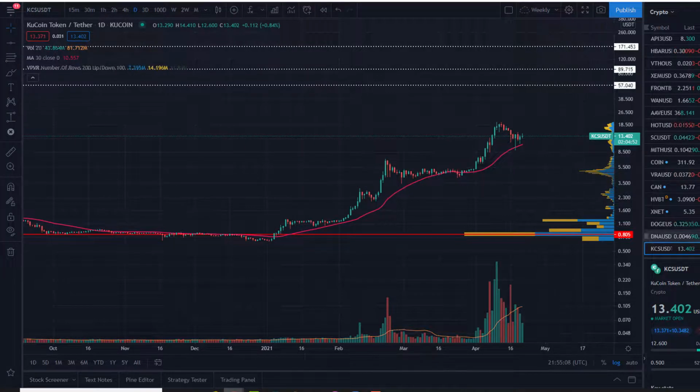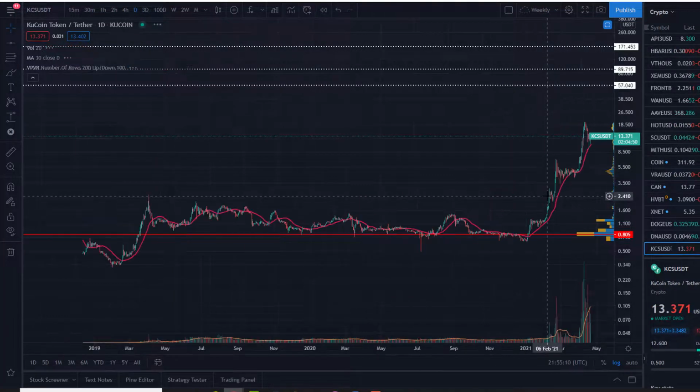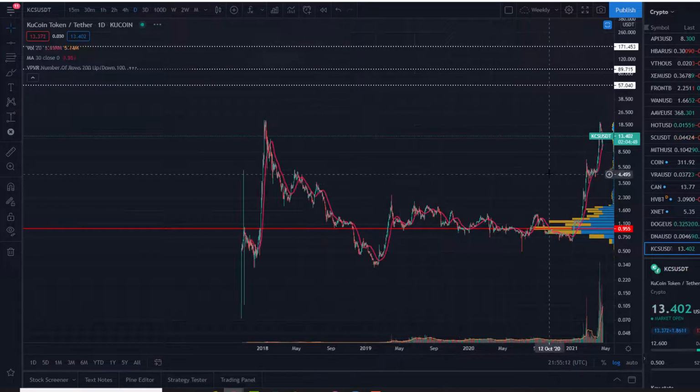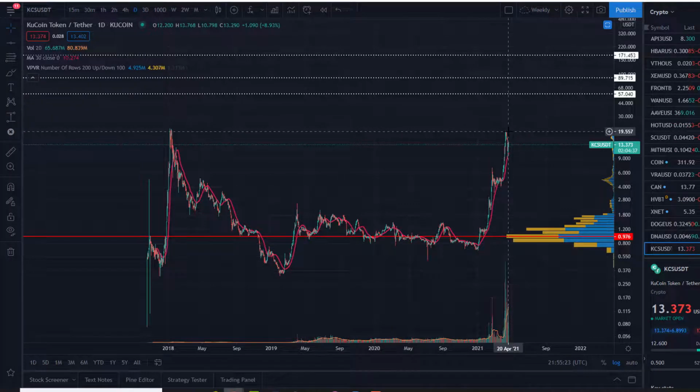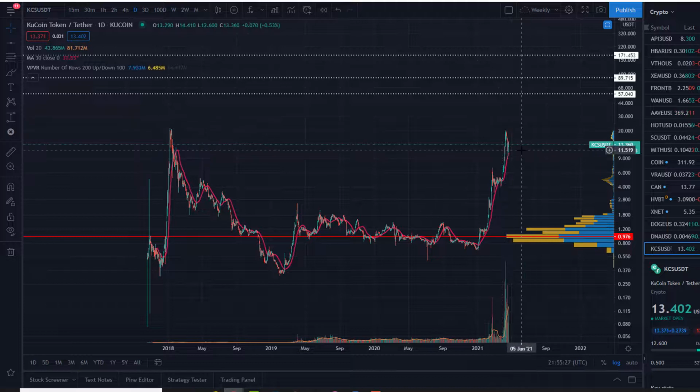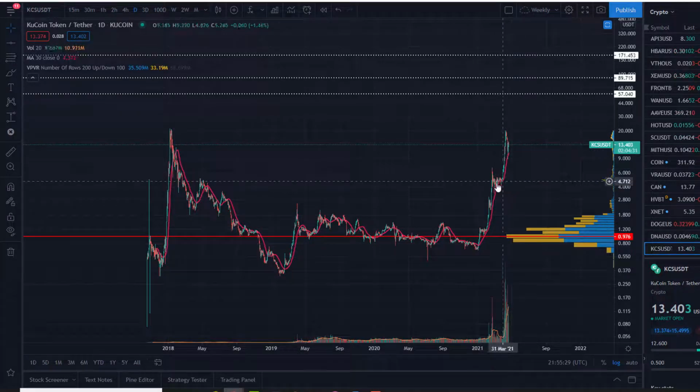So that's it. KuCoin's a buy for me. I'm not buying it, but for my style of investing, besides the fact that you can't really buy anything that's still in its base right now. Sometimes getting in on the pullback from the all-time high is a good entry point, because obviously any consolidation is a good entry point, because you've seen price discovery, it pulls back, you get in there,